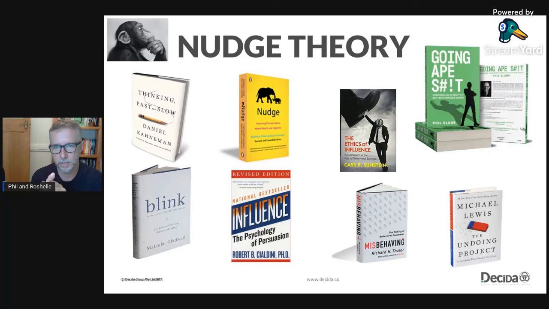So Richard Thaler and Cass Sunstein wrote Nudge. Richard Thaler also did Misbehaving. It's a sort of follow-up to the book Nudge, which I find good. Cass Sunstein there looks at the ethics of influence. So if you're thinking about what's the line between when it becomes unethical to be leveraging or playing with these cognitive biases to the extent that we're taking away free choice, it's a fascinating concept, and it's this idea of paternal liberalism. Cass Sunstein, who co-wrote Nudge, also writes about it in The Ethics of Influence.